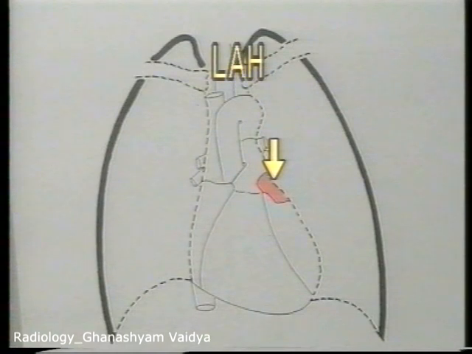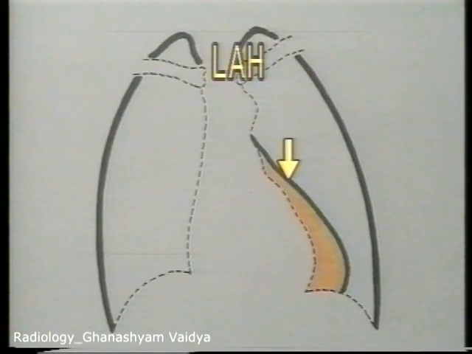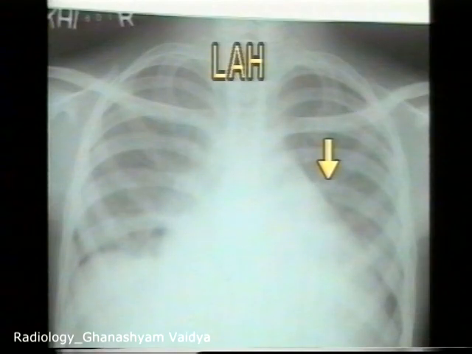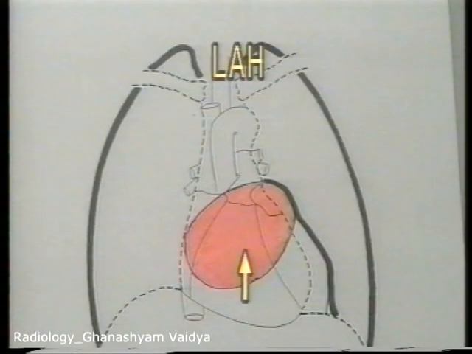The enlargement of the left atrium first flattens the notch between the heart and the pulmonary conus, thus causing a straightening of the left heart border. This is also termed as mitralization of the left heart border, as it is typically seen in mitral valve lesions. Note the straightening of the left heart border in this X-ray. From the aortic knuckle to the apex, it is a straight line. This is due to enlargement of the left atrium.